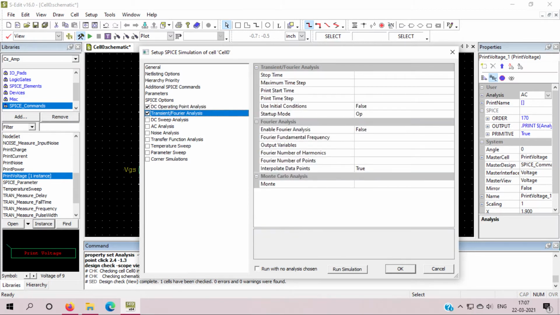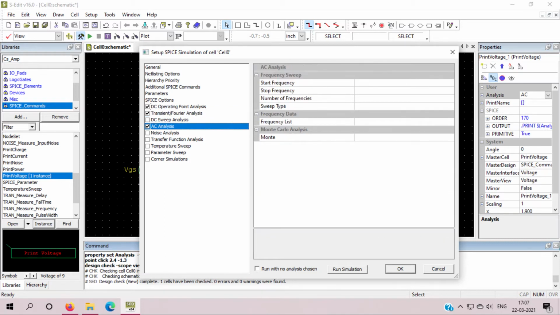Now select transient Fourier analysis also, it will run for 100 nanoseconds to 10 nanoseconds. AC analysis is the most important part. Start frequency I am going to give is 10 hertz. Stop frequency will be 10,000 hertz, or you can say 10k.